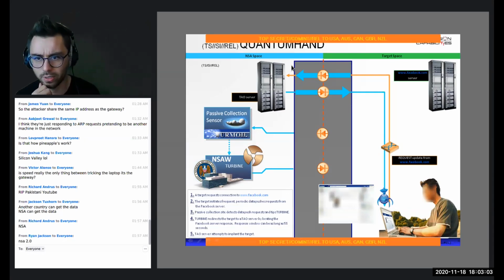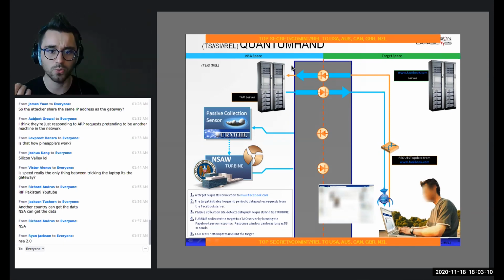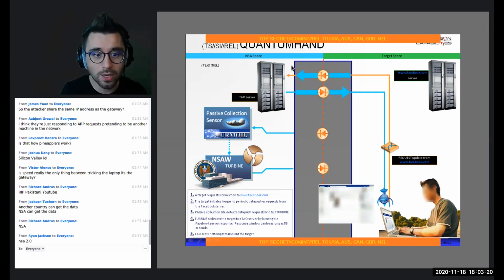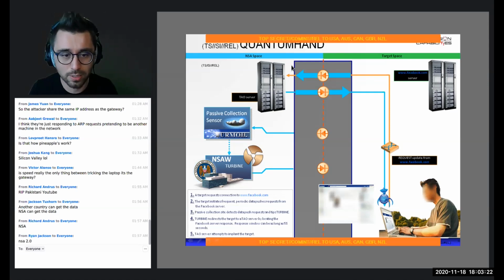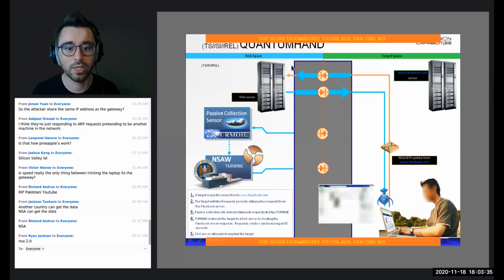Turbine and Turmoil together are used, allegedly by the NSA, to figure out if a particular person of interest is visiting Facebook, and if that person is visiting Facebook, they inject packets that contain malware. So they reply back with a Facebook website, but it additionally contains malware that then is installed on the user's machine, and that's when they get direct access to that particular user's machine, right?